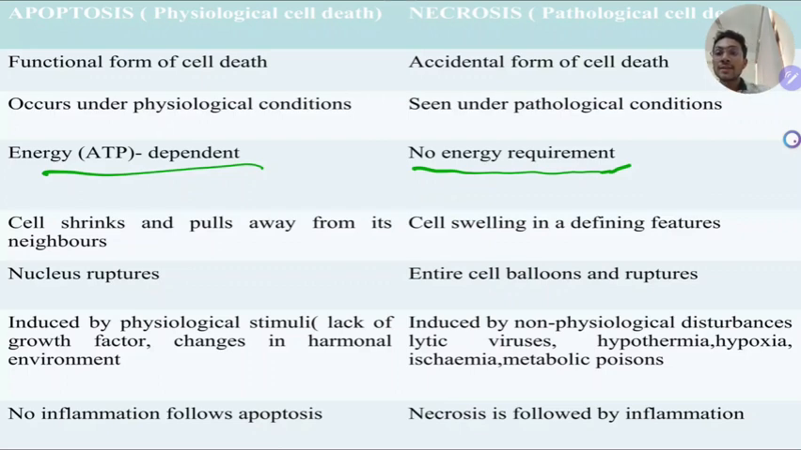In apoptosis, the cell shrinks and pulls away from its neighbors, and in necrosis, cell swelling is a defining feature as discussed earlier. In apoptosis, there will be fragmentation of the nucleus, and in necrosis, the entire cell balloons and ruptures. In apoptosis, no inflammation will be there, whereas inflammation will be there in necrosis. Apoptosis is induced by physiological stimuli, whereas necrosis is induced by non-physiological disturbances like viruses, hypothermia, hypoxia, ischemia, and